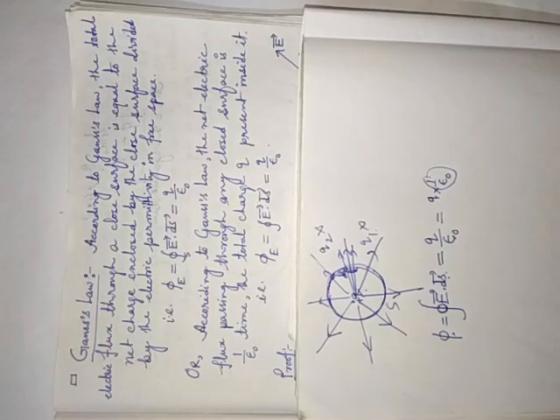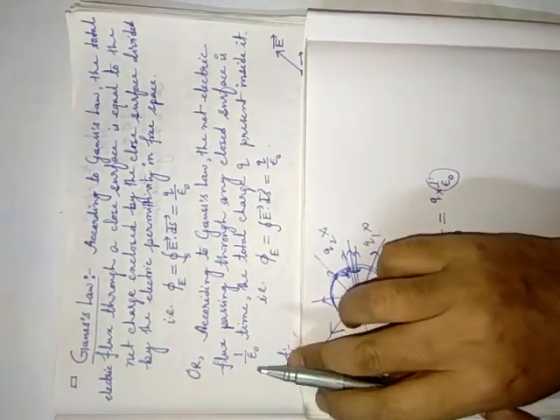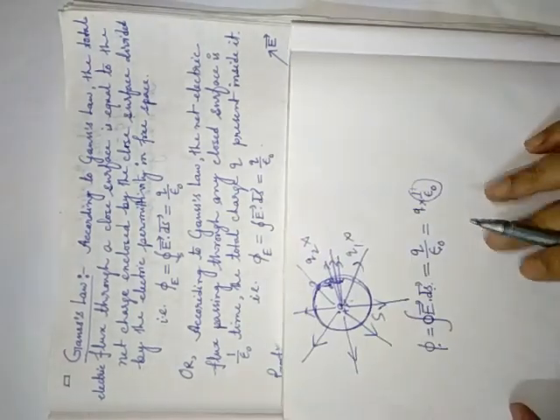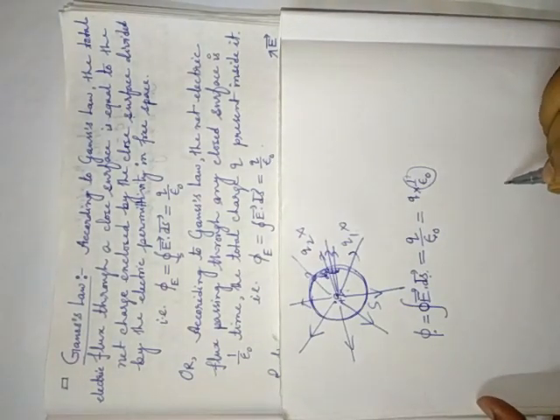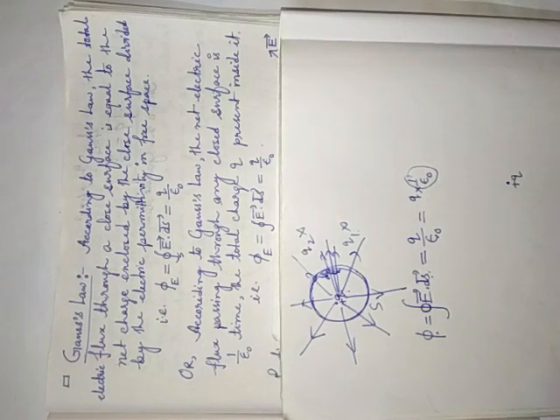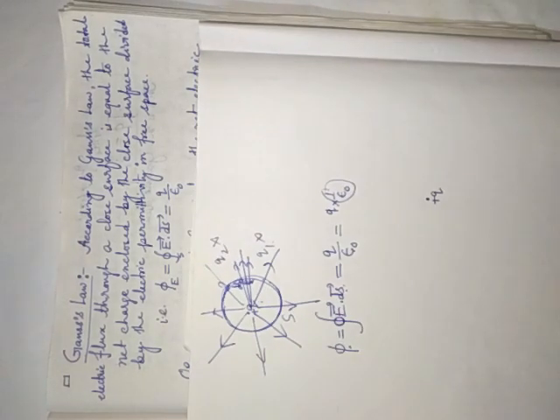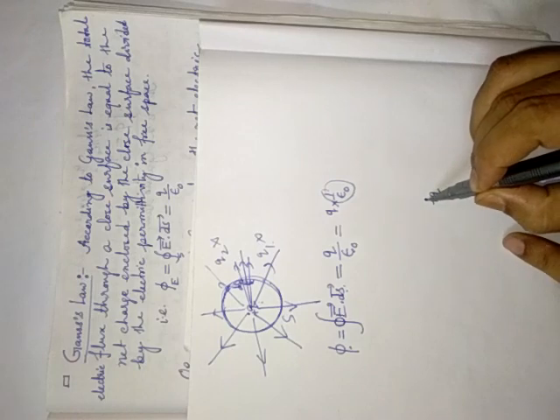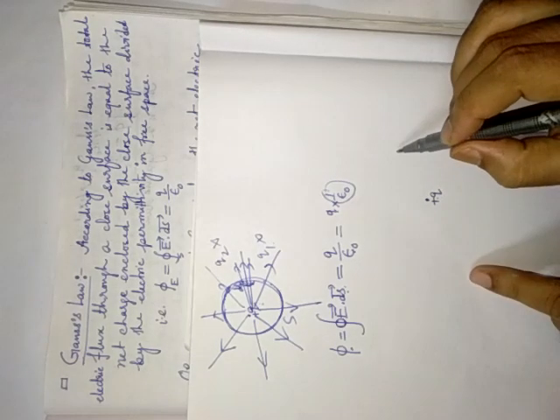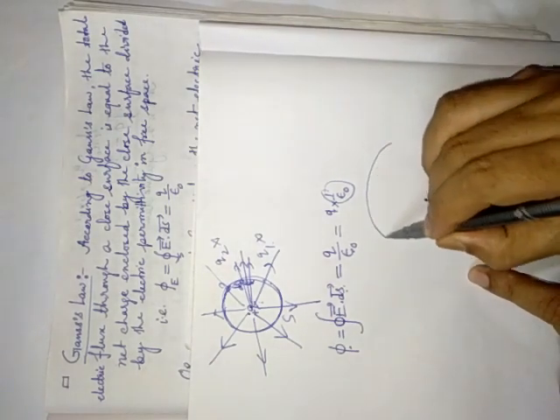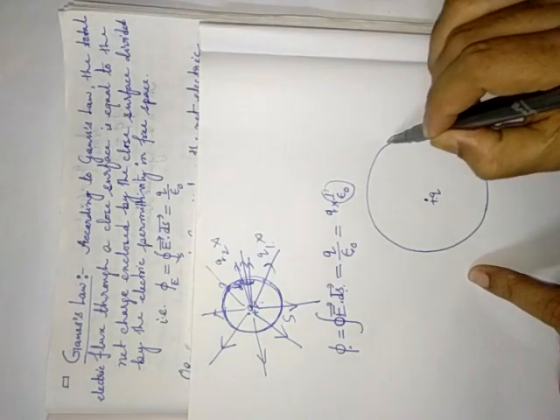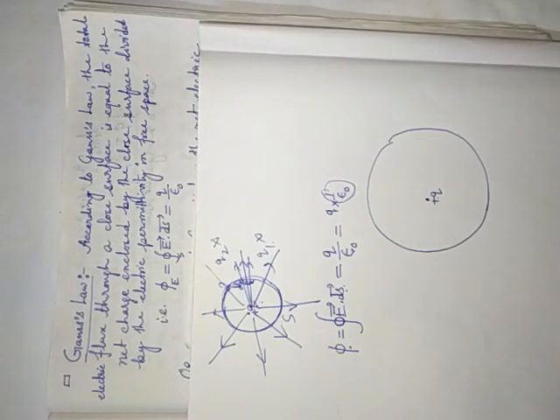Now the proof. I will read this note later on, just now I would like to prove it. Proof means suppose there is a point charge plus q. One thing I want to tell you, in higher classes you will get the proof in a different way, but here at higher secondary level you require the simplest one. Suppose this is a point charge plus q, and you have to consider a Gaussian spherical surface. By the way, what is a Gaussian surface? I think you don't have an idea about it.